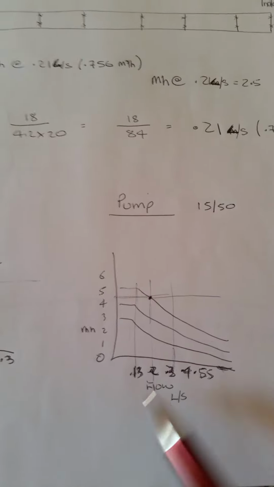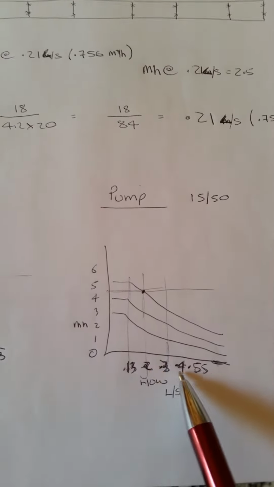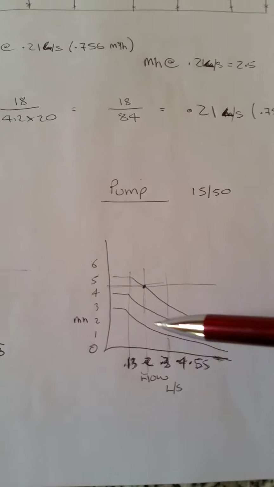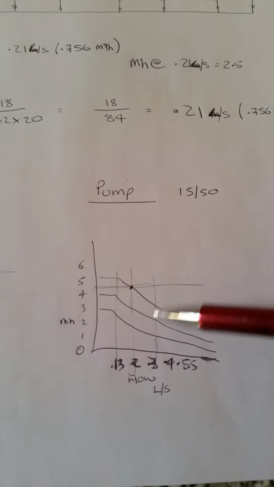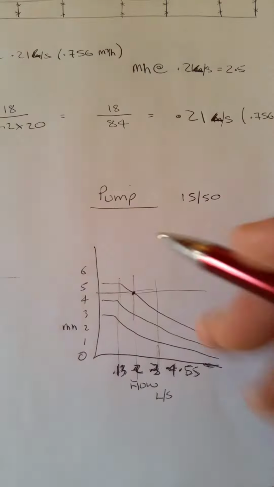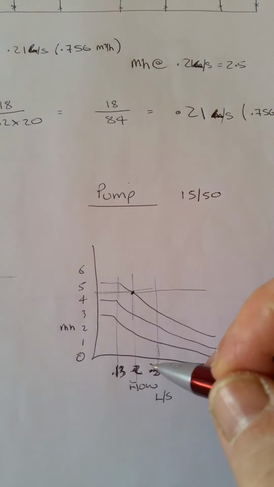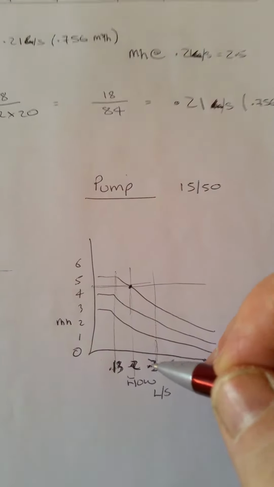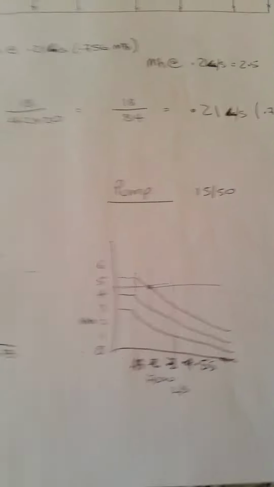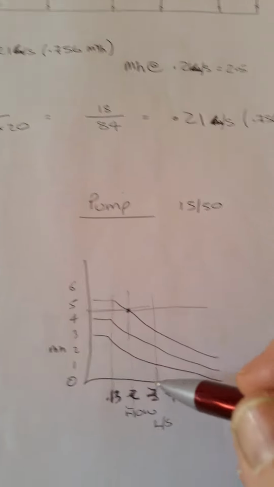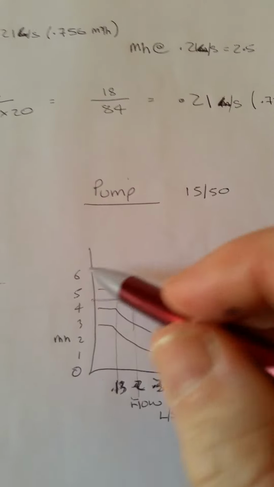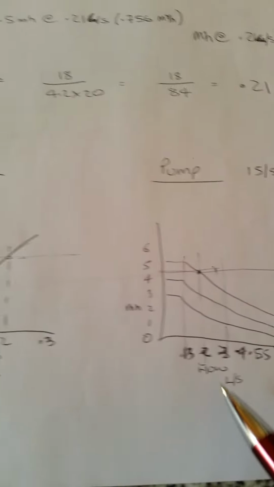And then the pump graph. Now I've copied this off the Grundfos website, but I've converted the numbers into litres per second to give you a little idea. So the pump head required is 4.5 meters and the flow rate is 0.275, basically here on this graph. Actually it's not 0.275, it's up here somewhere. But basically you can look in here and you can see that